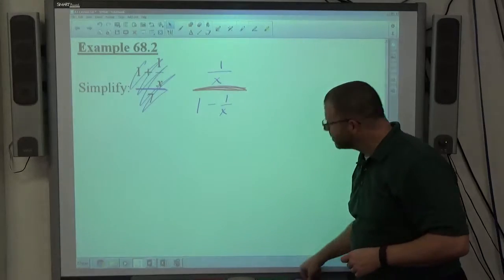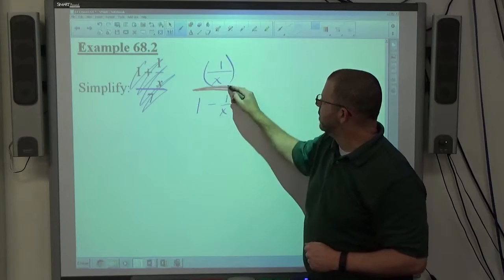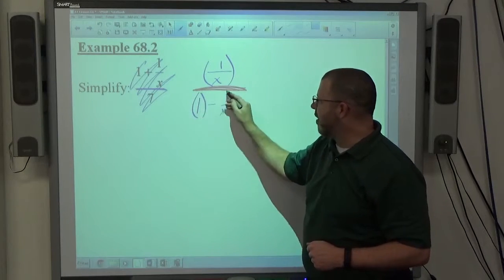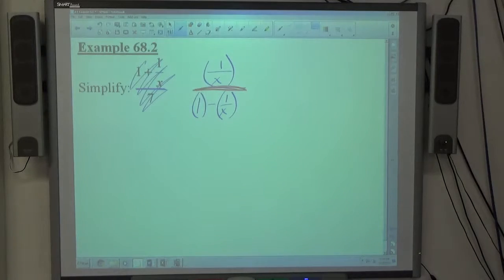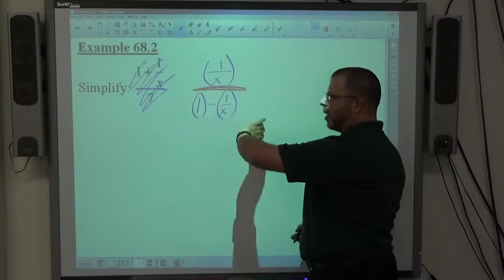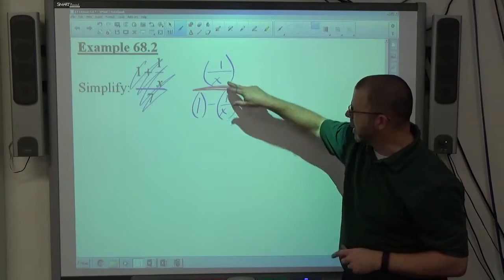All right, anyway. The numerator is 1 over x. 1 over x is a fraction. 1 is not a fraction. Again, identify each and every term, though. Identify them all. Put them all in parentheses. The ones that are fractions matter. The ones that aren't don't matter. So this is just the number 1. Ignore that right now. We're trying to find the least common denominator of fractions that have been identified, which in